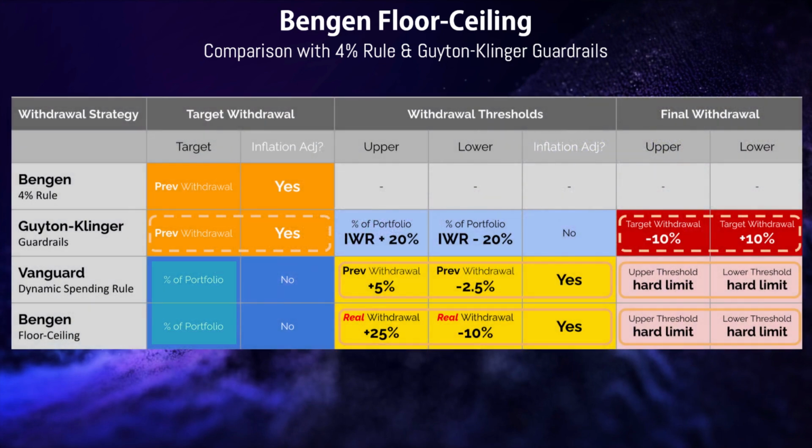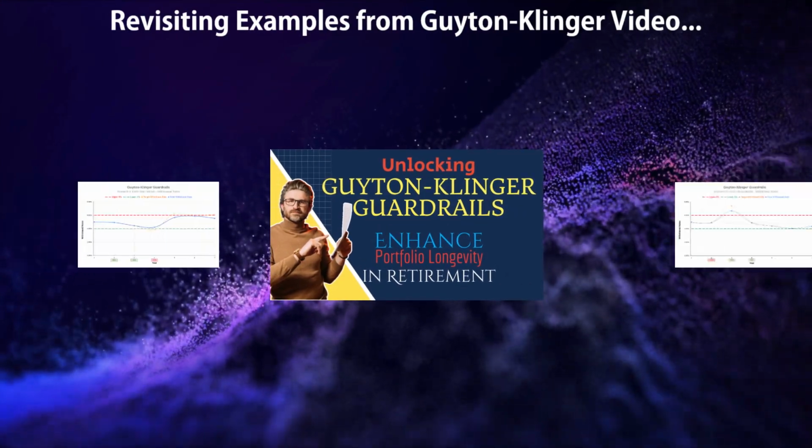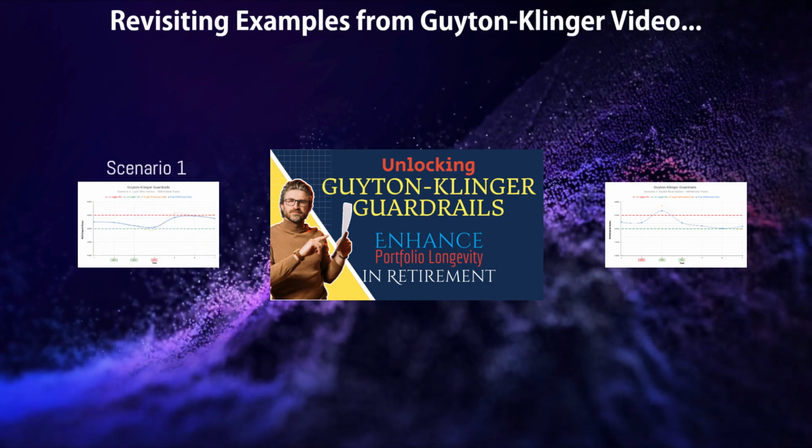This contrasts with Vanguard's and Bengen's methods, which use percentages of the portfolio to calculate next year's target withdrawal, but apply actual withdrawal amounts to determine the thresholds. Additionally, Guyton-Klinger applies a 10% adjustment to these thresholds to determine final withdrawal amounts, while Vanguard and Bengen simply apply hard limits. Let's now dive into the two scenarios from my Guyton-Klinger video, one with a later bear market and